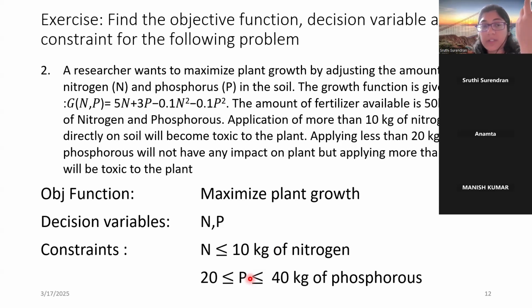What is an objective function? What are the variables and what are the constraints? We won't be going a lot into the detail of linear, non-linear, and the many types of optimization that are there. This is very simple linear algebraic equations where you can manually find it out. But in real world problems,